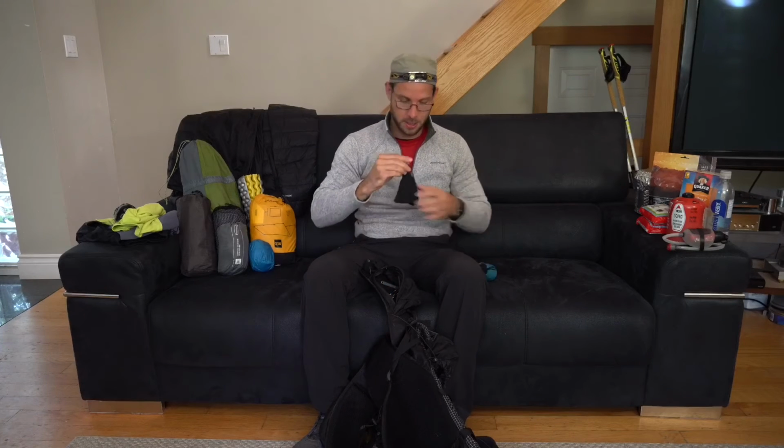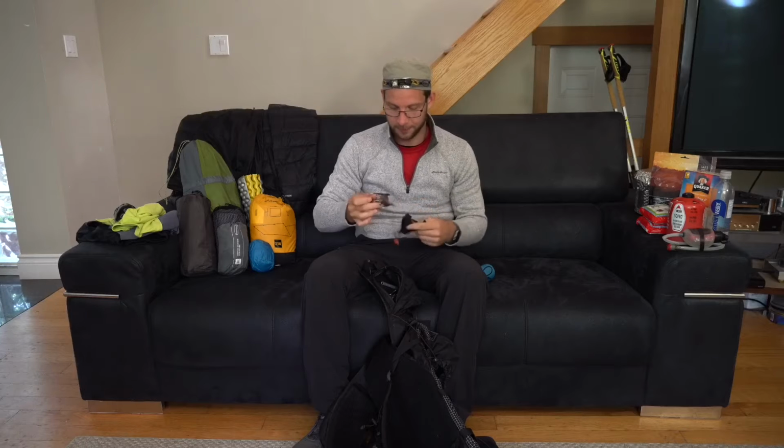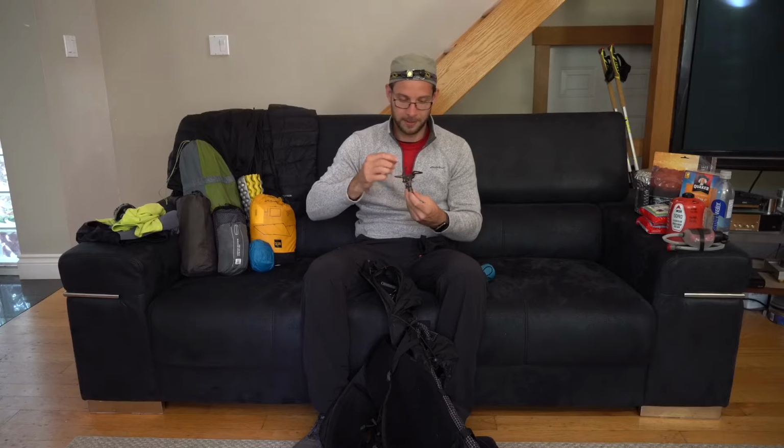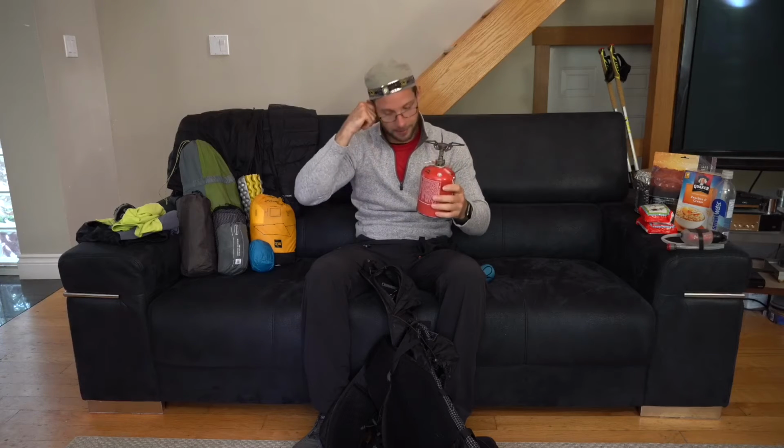Then you have your stove. Believe it or not, this is how small the stoves are nowadays. So, boom. See, this comes open like this. Just open it up, and that's your stove. And you take one of these, which is your propane. You could buy it at your local outdoors equipment store, and screw it on. Okay. They have smaller propane tanks, so I'll show you later. So it doesn't have to be this big, but the